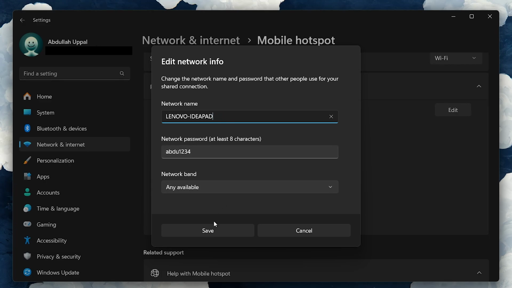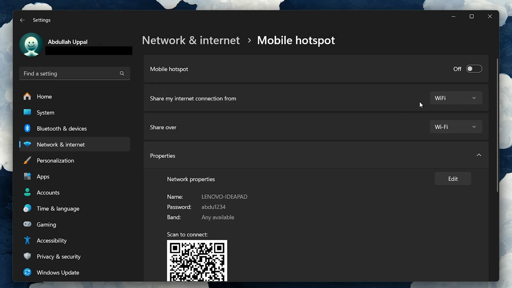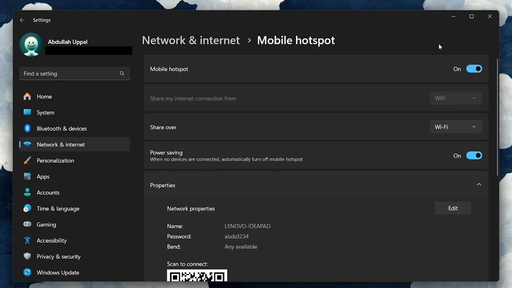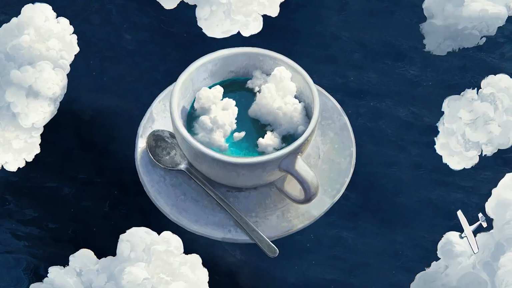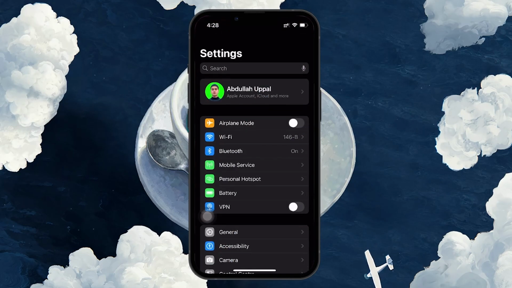remember. Once you've configured all the settings, turn on the hotspot by toggling the switch at the top of the mobile hotspot page. Your hotspot is now active, and other devices can connect to it using the network name and password you set up. To connect a device such as an iPhone, open the Wi-Fi settings on a device and